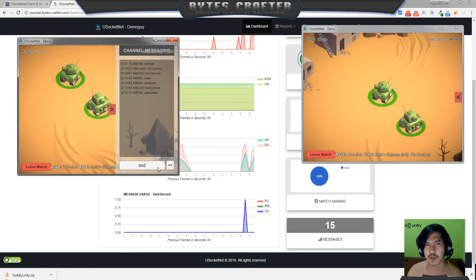For example, you can imagine if you have 100,000 player messaging, and by the way, I made this admin dashboard because this is the problem in using Photon. I'm not making bad comments about Photon. Photon is great, Unity is great, but as a developer, I think it's better to have your own admin dashboard. I think it's better if you have access to your own server.